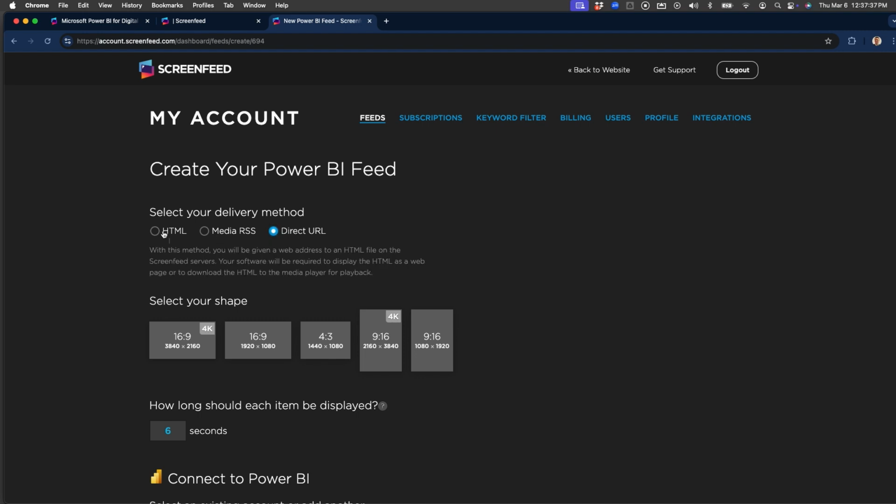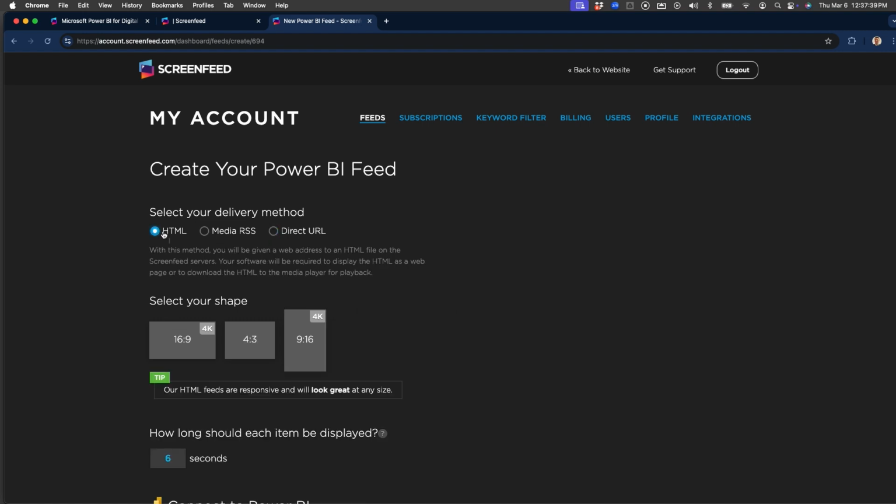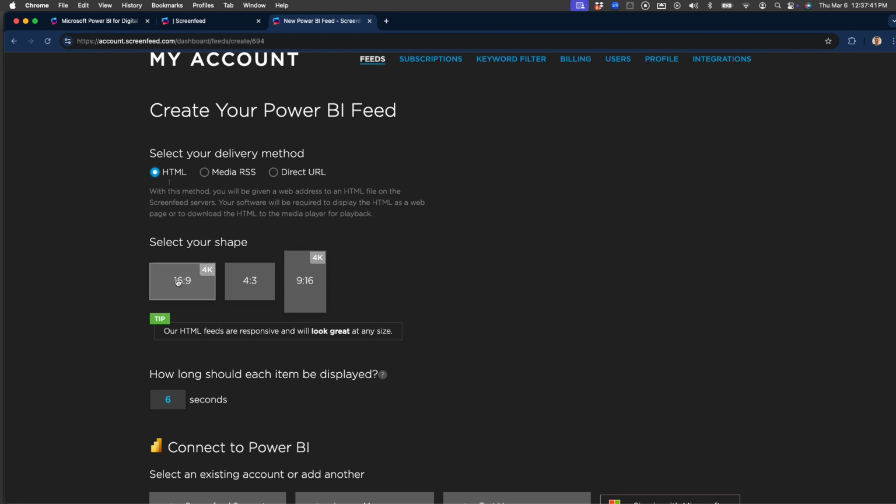So in this example, we're going to choose HTML and we'll scroll down and select our shape. Now the screen behind me is a 16:9 landscape orientation screen. So I'm choosing 16:9. It can scale up to 4K, but the one behind me, for example, is 1080p.